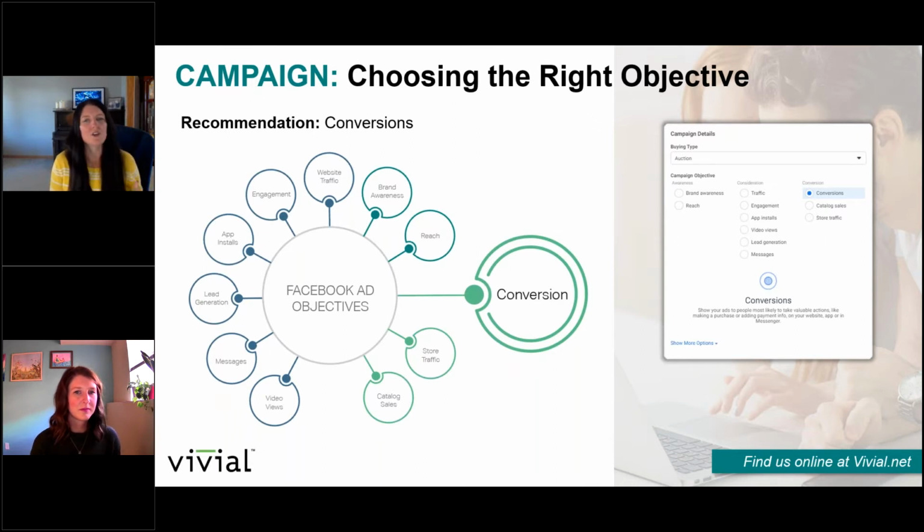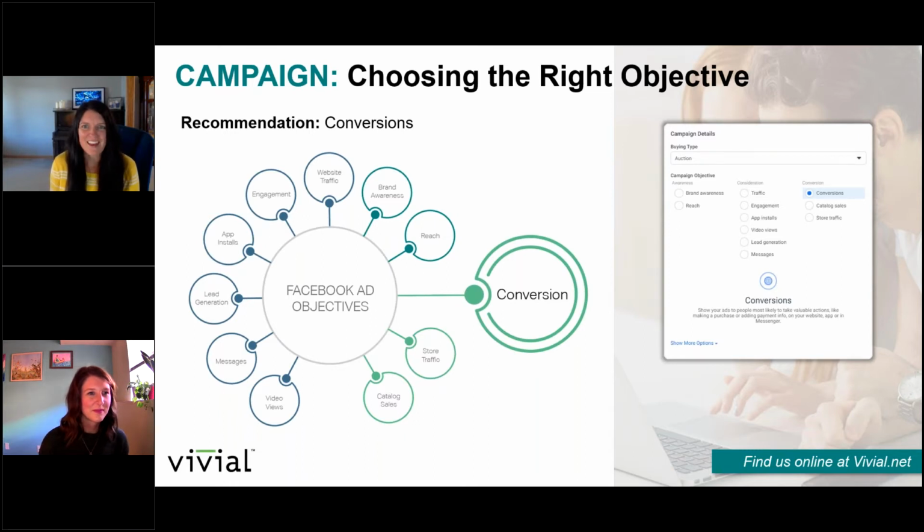Everything from increasing page likes to reach, getting people to download an app, lead generation campaigns. We chose to focus our time today for you on conversion. As we think, and with the tens of thousands of businesses that we work with, ultimately conversions is where it's at. How am I able to get a lead for my team to be able to drive revenue for my business? So that's what we're going to dive into today.